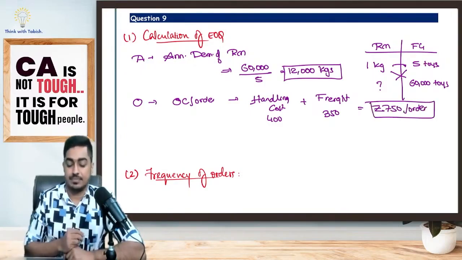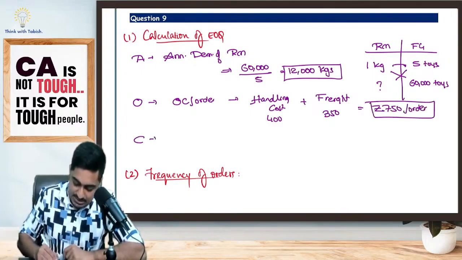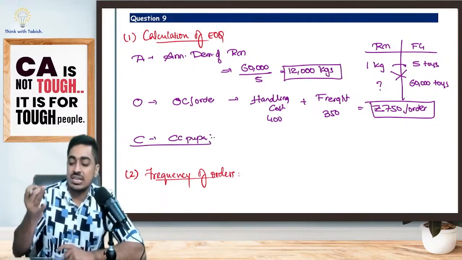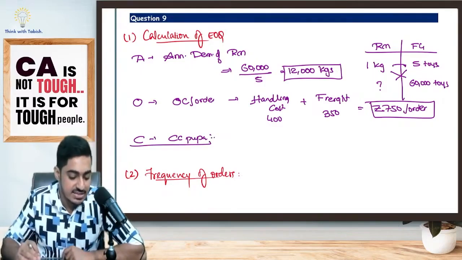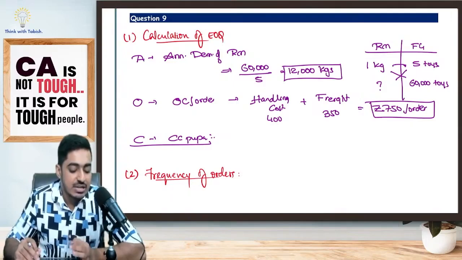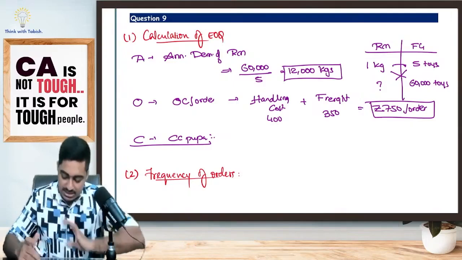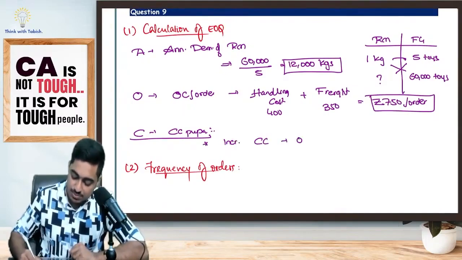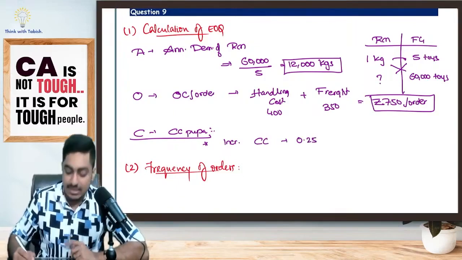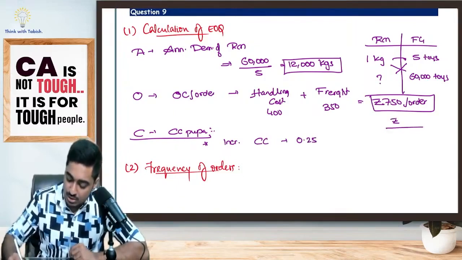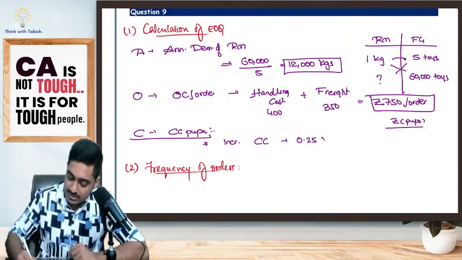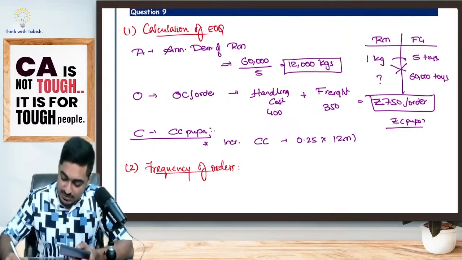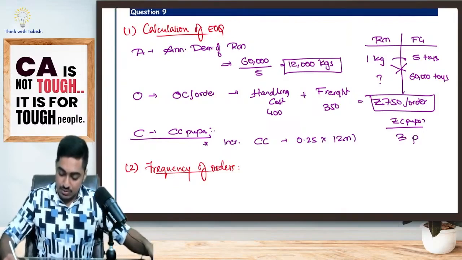Simple. Okay. The third one is C. C is carrying cost per unit per annum. Tell me, students, in carrying cost what all is there? Storage is there, interest is there, insurance is there, obsolescence is there. Let us see. The question is telling the incremental carrying cost of raw material is 0.25 per kg per month. Do I want it for 1 month or per unit per annum? I want it for 1 year. That means into 12 months. Yes or no, everyone? 0.25 into 12, which will make it 3 rupees per unit per annum.